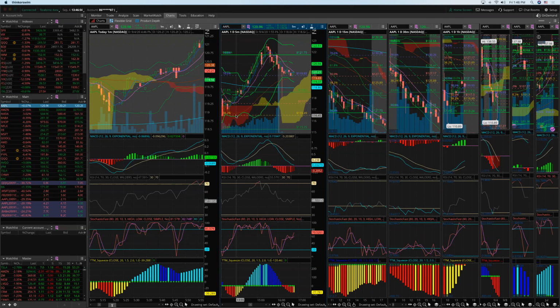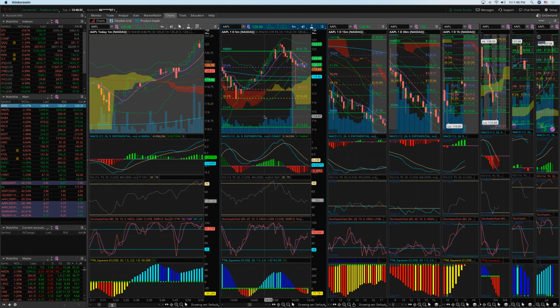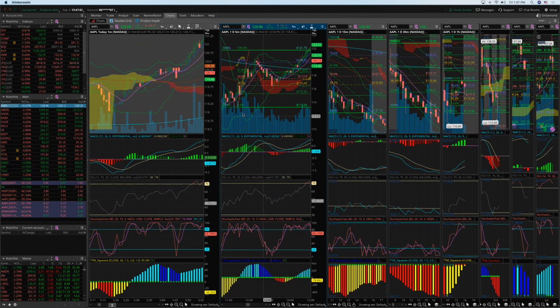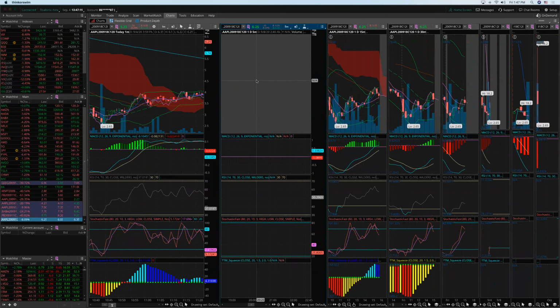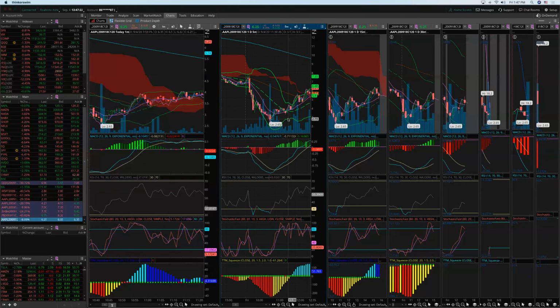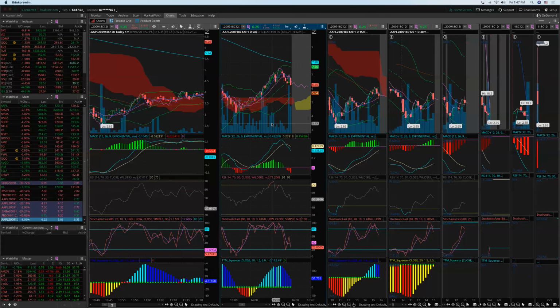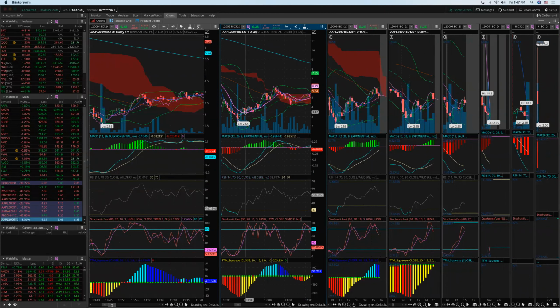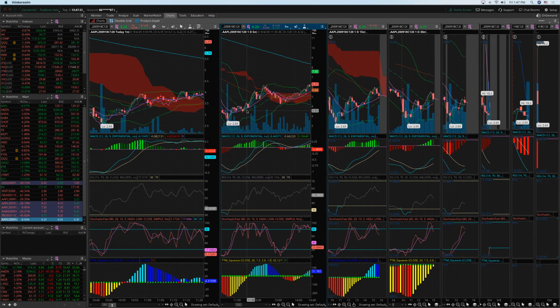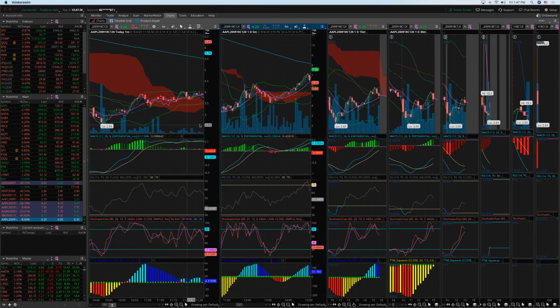So for example, let's look at Apple. Apple went to 110 today. So let me add 120, Apple 120 call, September 18. As you can see, it came down to 2.65 today, and it closed above 7. So even if you missed buying at this dip, you could have grabbed it at 3 or 4 and then held it. Hold it until the 15-minute chart tells you to get out.